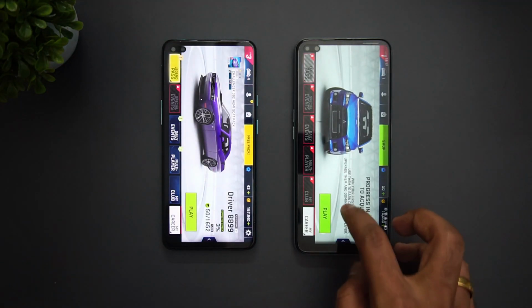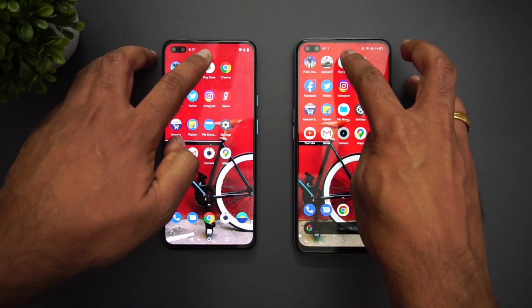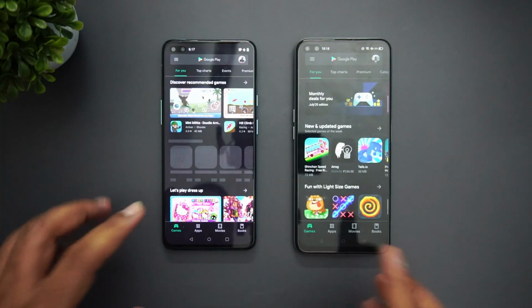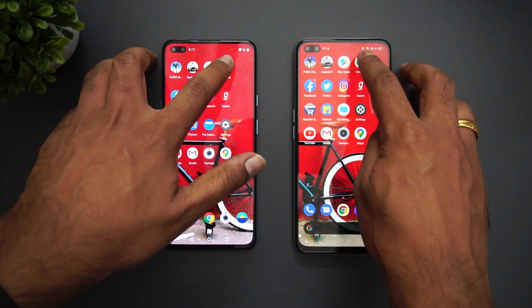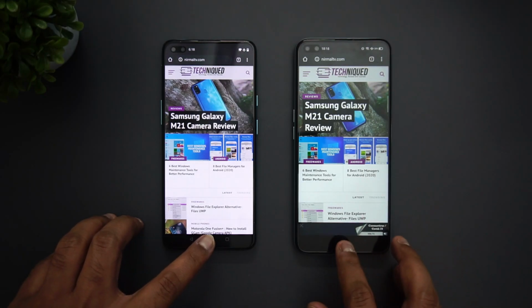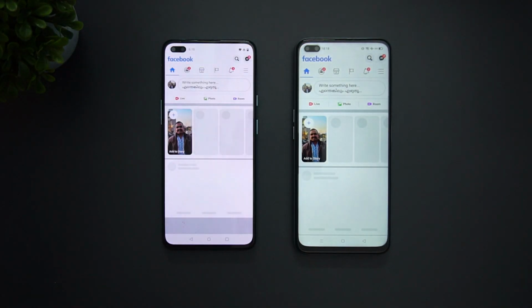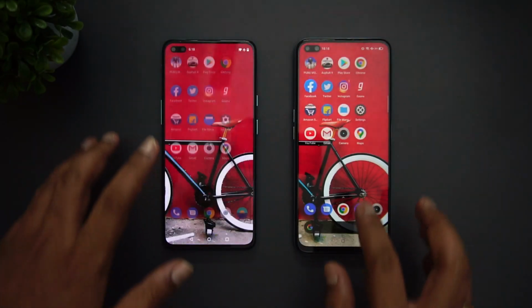So here again you can see that the Realme X3 was faster here when it comes to Asphalt 9. Next is Play Store. Again Realme X3 was a tad faster. Next is Chrome browser. Almost same time, probably Realme X3 had a minor advantage. Next is Facebook app. Again X3 was a tad faster.